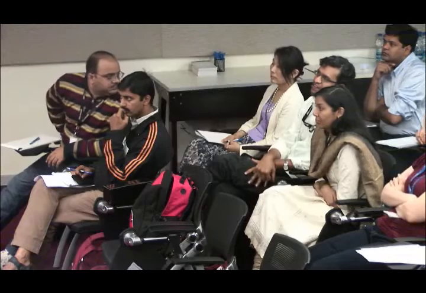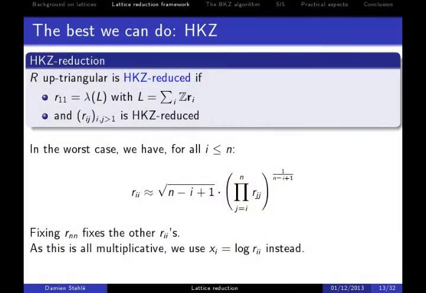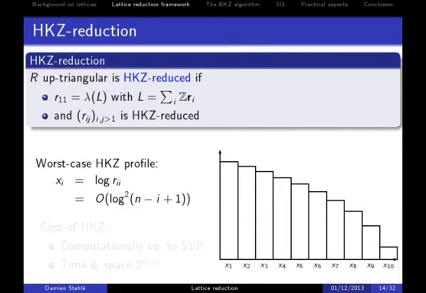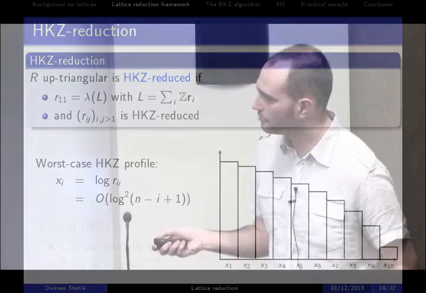I missed your notation. Was lambda the shortest vector in the lattice? Yes, lambda is the norm of a shortest lattice vector. And this is the best you can achieve on the diagonal of R? Yes. How tight is this Minkowski theorem? Is it tight for random lattices? For random lattices, it's tight up to a constant factor. The constant factor is in front of here, and in here it doesn't even play a role. The big O factor comes from the square root n.